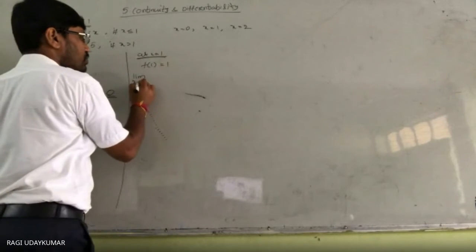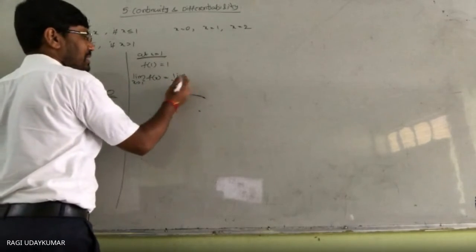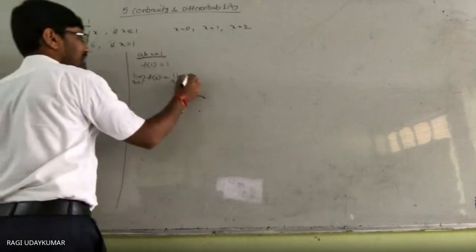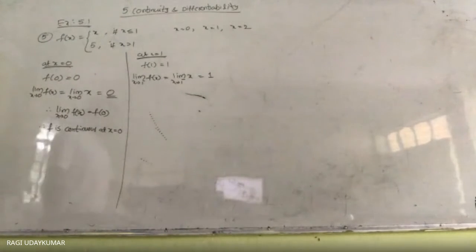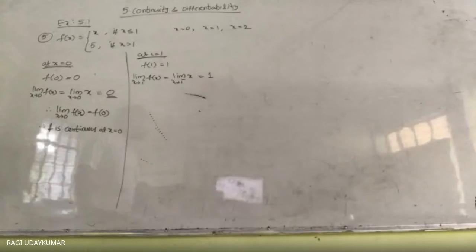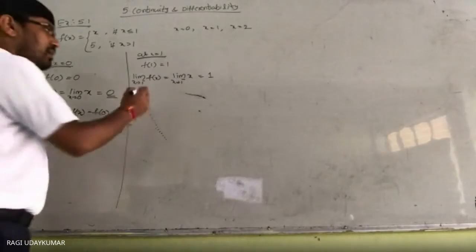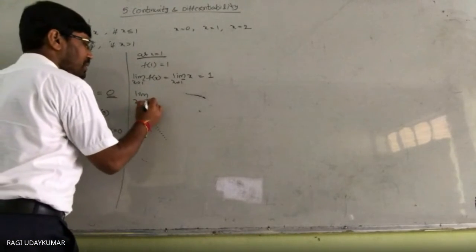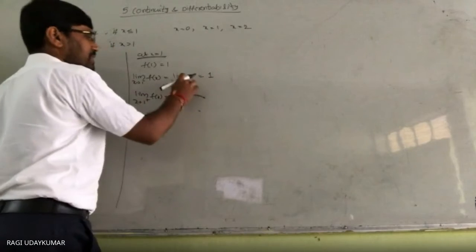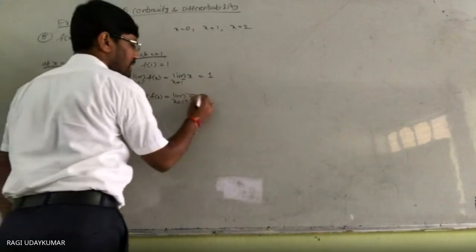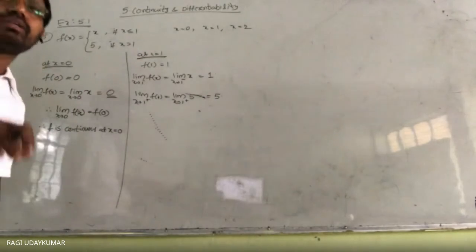Now limit x tends to 1 minus f of x is equal to limit x tends to 1 minus of x, on the left side, so x itself. So here we are going to get 1. Right hand limit, find it out. What do we get here at x equals 1? Limit x tends to 1 plus f of x is equal to limit x tends to 1 plus f of, x value greater than 1, that is 5. As it is a constant function, these two are not equal. As these two are not equal, the limit does not exist.